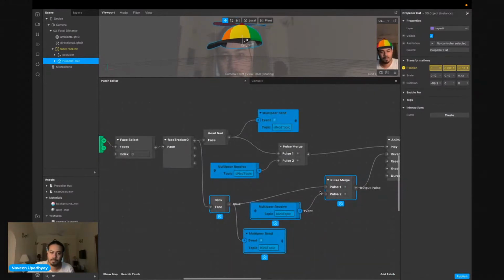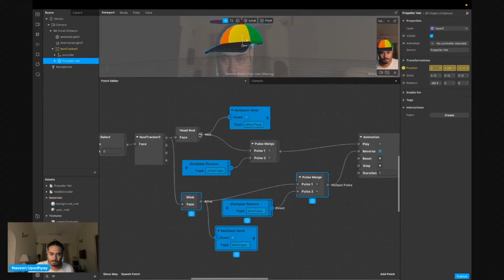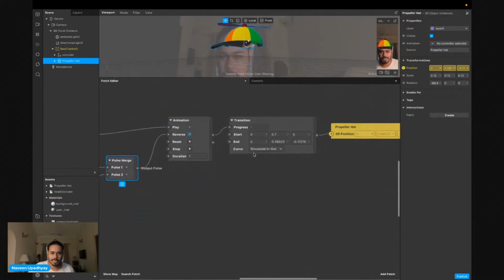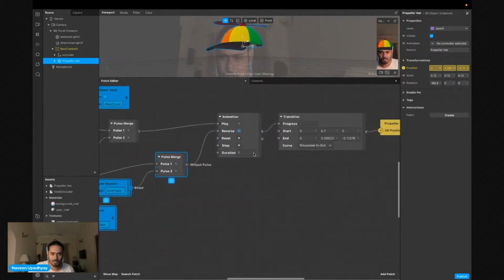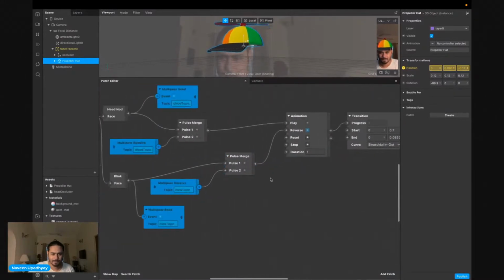That means whenever this happens, this does not happen, it's going to give me a play. So I can check something, which is the position of this head.